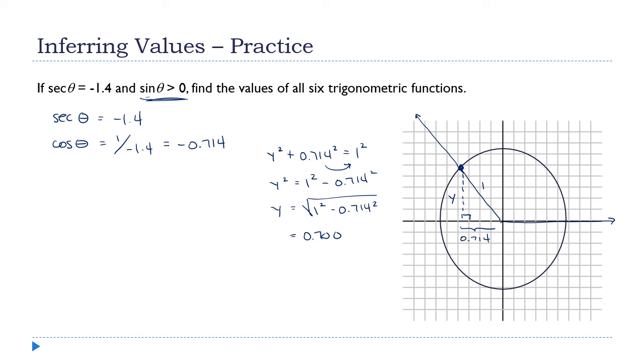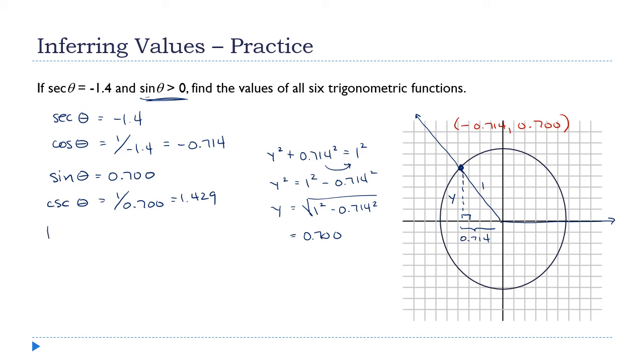And I do want it to be positive, right? Because we're in the second quadrant. The y coordinates are positive. So the coordinates of this point are negative 0.714, comma 0.700. And that's all I need. Right, now I can get all my other values. The sine of theta is 0.700. The cosecant of theta is 1 over that, which is